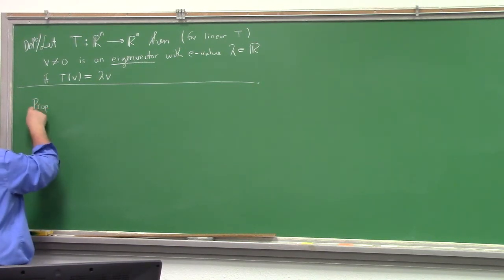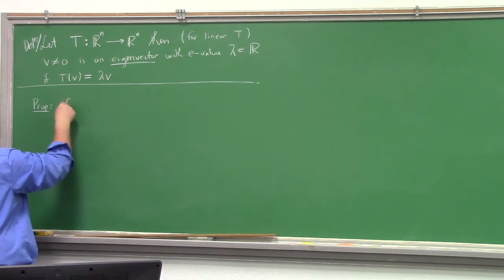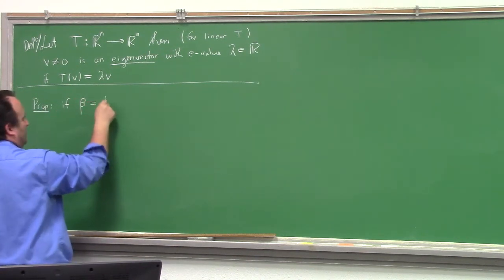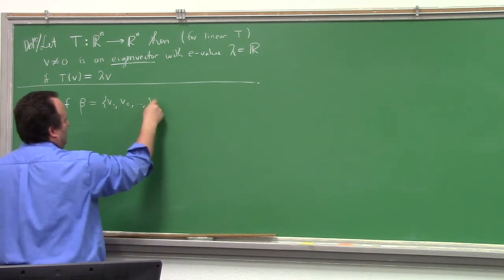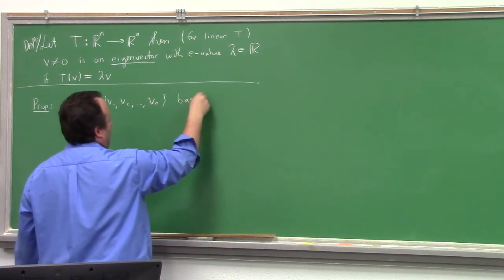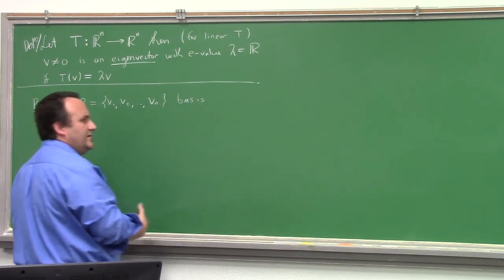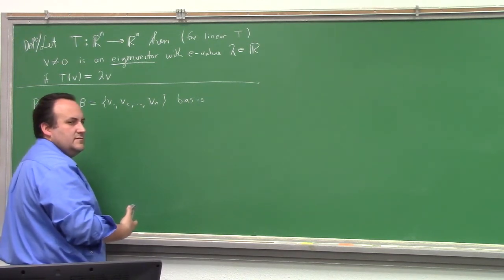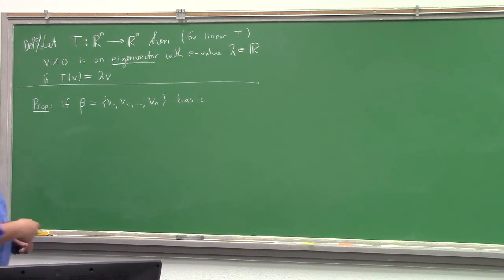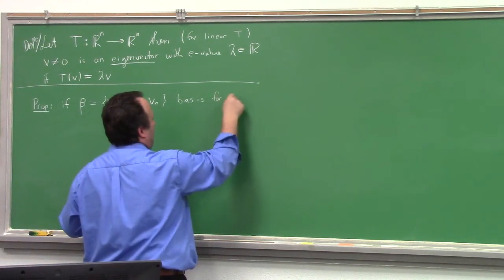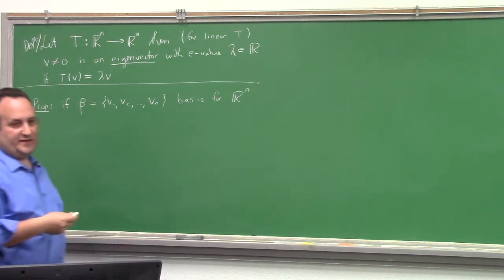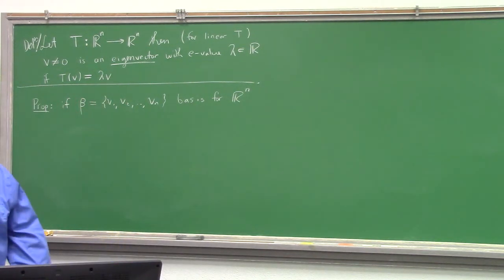Proposition: if beta, V1, V2, ..., Vn is a basis for Rn. I just had visions of chapter 6 dance before my eyes, and I realized, oh, we do use non-standard bases in chapter 6 of O'Neill. If this is a basis for Rn, all right, and